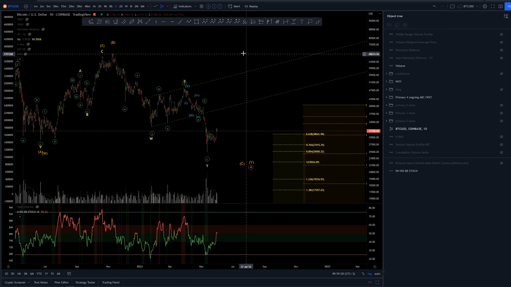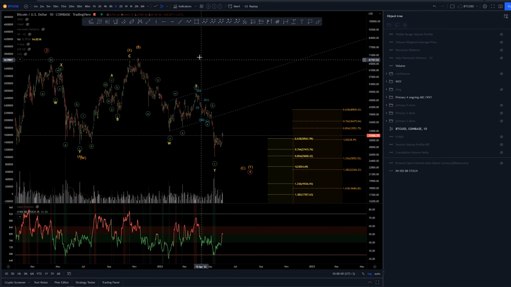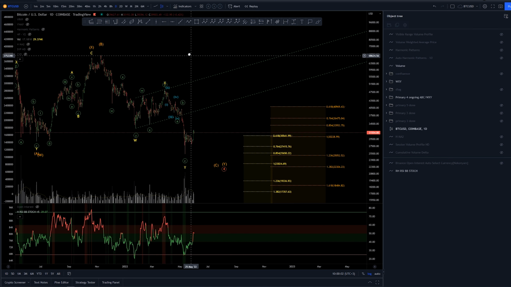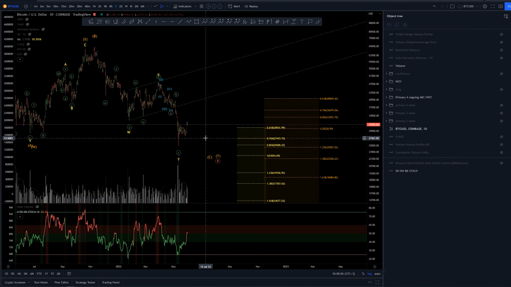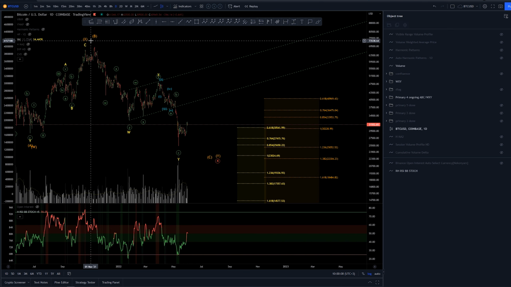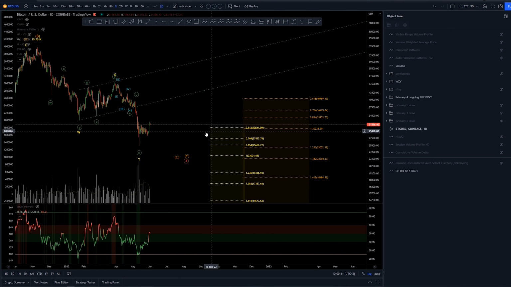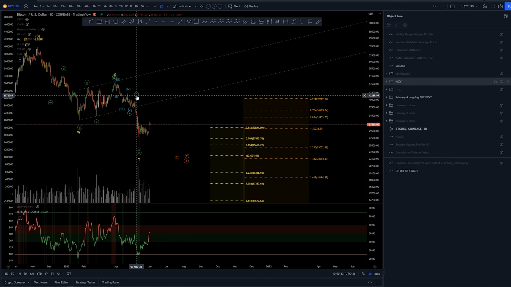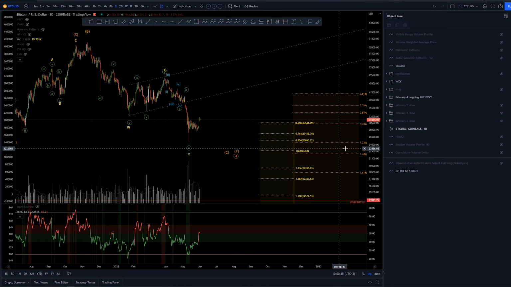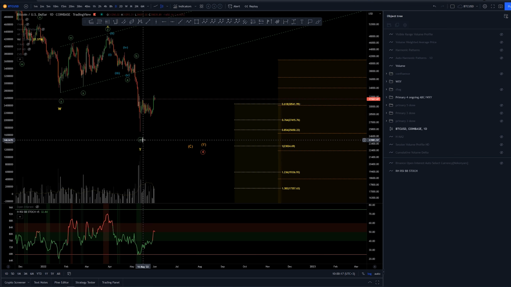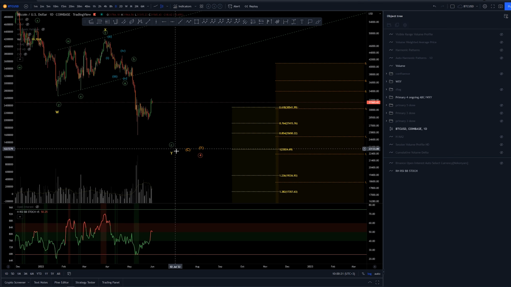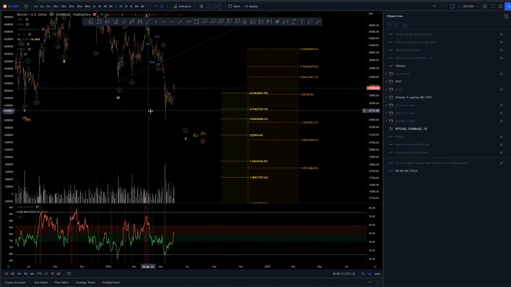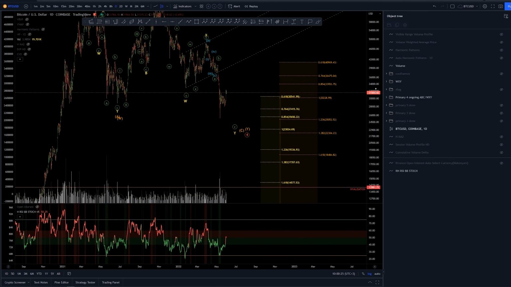Now the other option here is the WXY count, where we would expect just 3-wave moves up to the completion of this whole count. This would be again a WXY here, and here we would have done already A, B, and possibly made all the C wave as well, but I would still be looking for one more low. We had a lot of confluence here around,